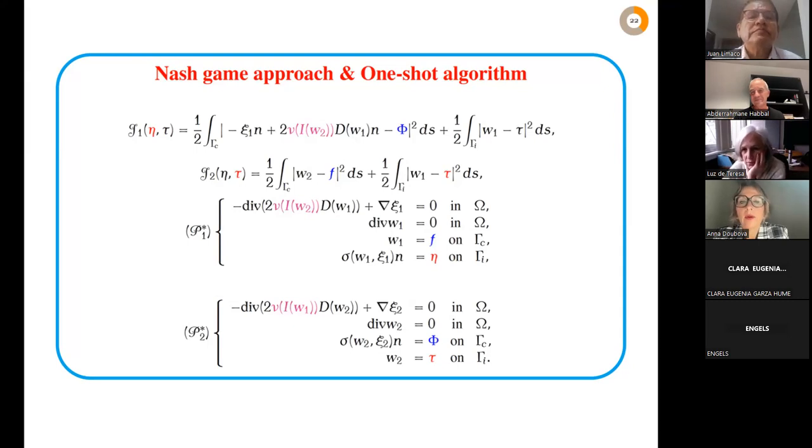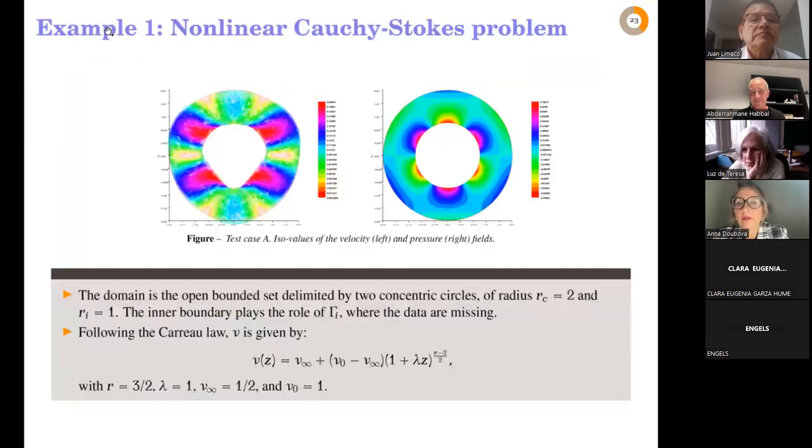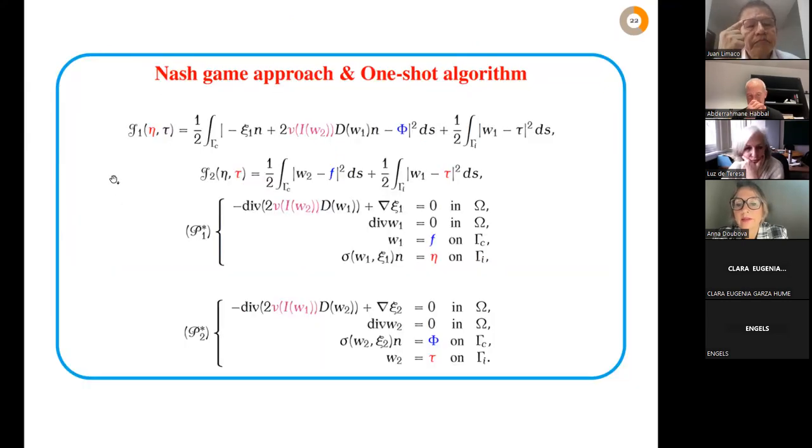Just a small one, probably natural, a question about evolutionary problems, time dependence problems. So yeah, we didn't, indeed